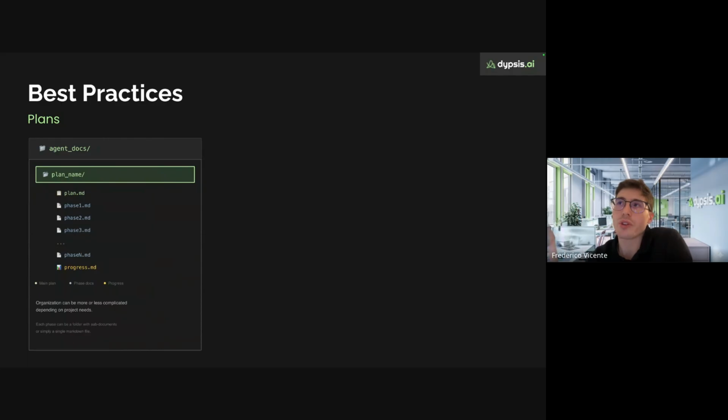You can have just a plan name folder, and the full plan, just to always have an overall idea of which feature you are building, and then a file for each phase, following the same ideas we were talking about, and a progress file so the agent always knows which phase is already covered or not.